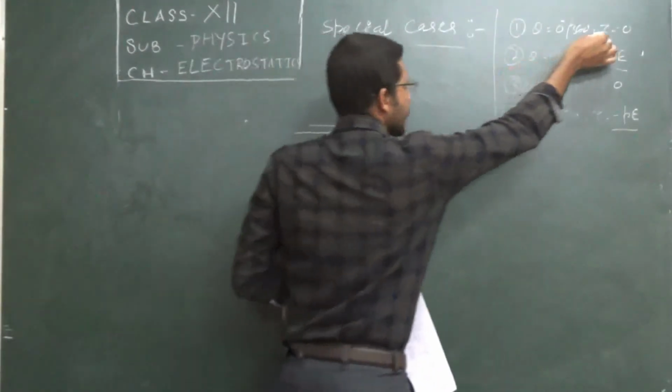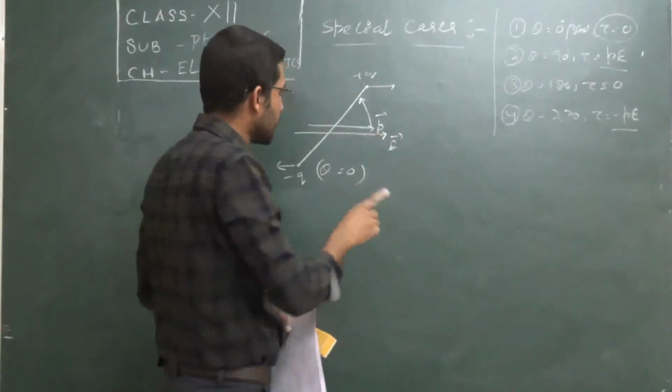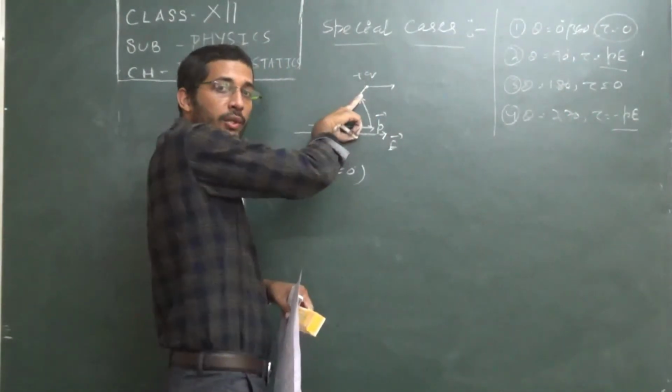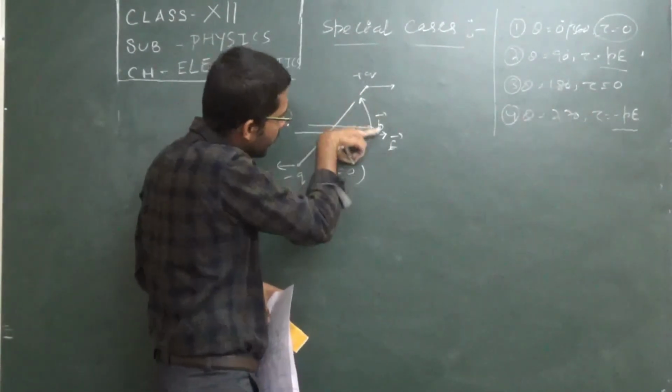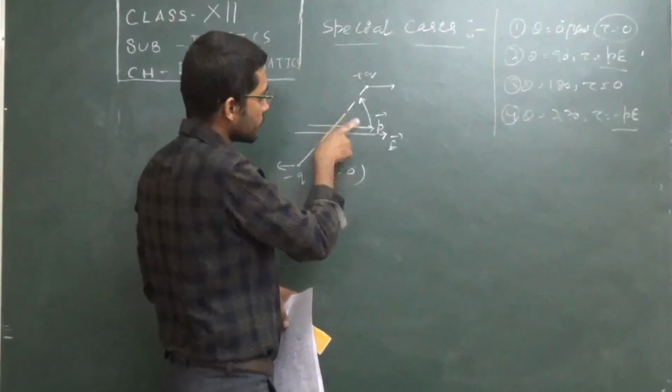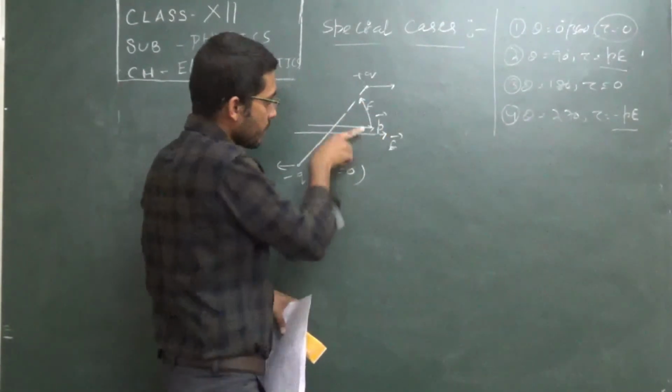But our condition is what? There is no torque. So when there is no torque, it will not continue its rotation. So what will happen? As there is no rotation, it will again fall back to this previous position. Understood this one? So from here to here, you applied some force, it went.